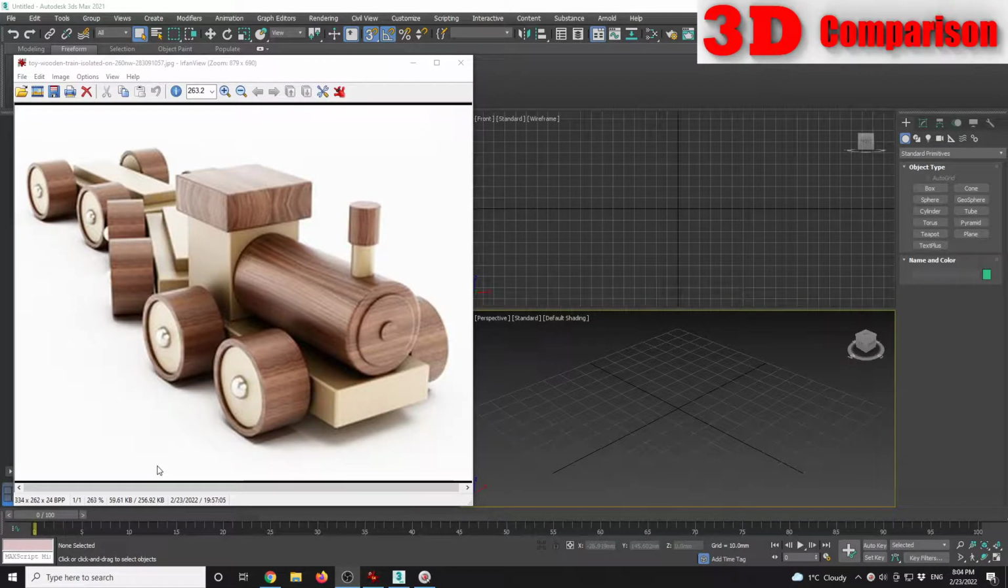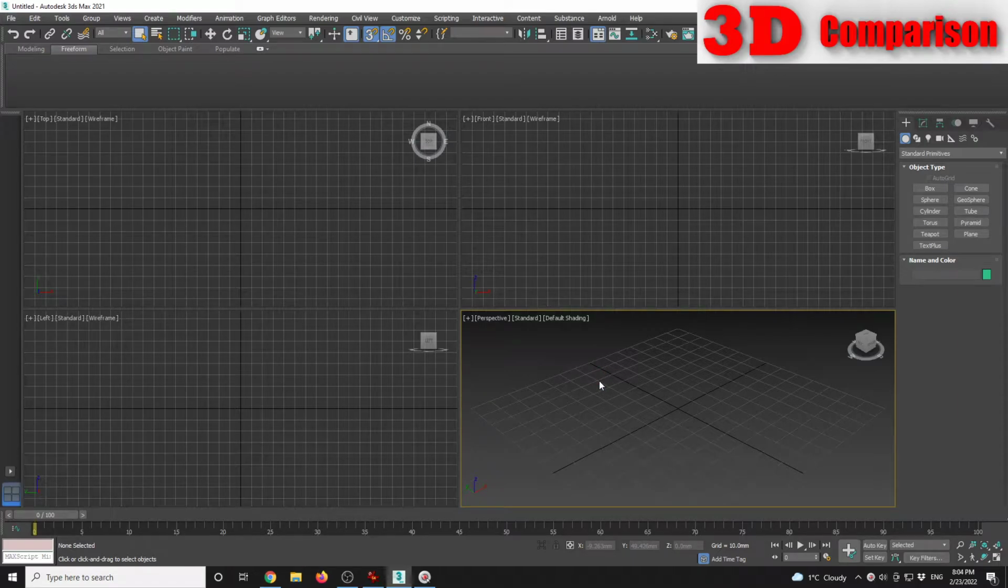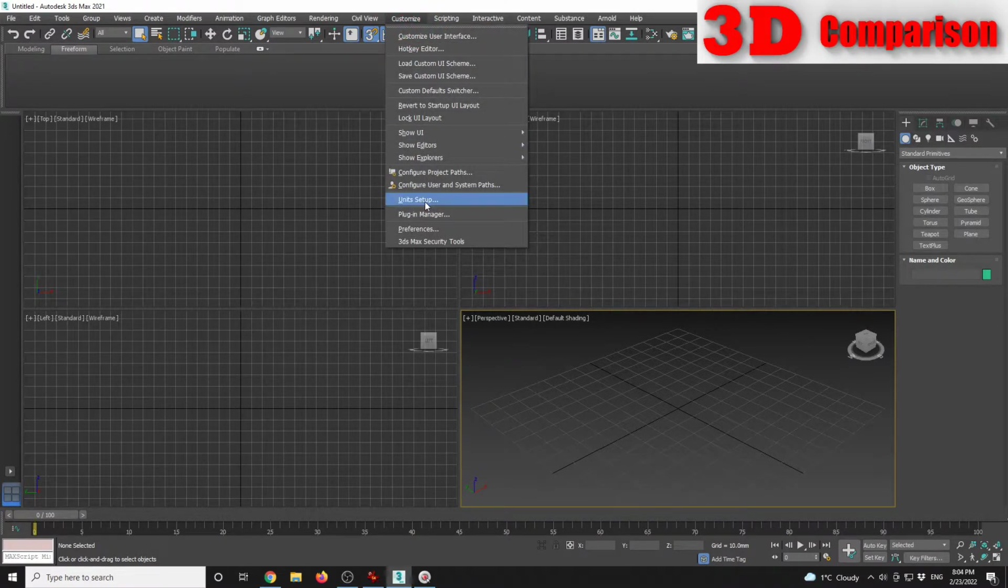Okay, so in this video we are going to get started with 3ds Max. We are going to design this wooden train. The first change that I will make will be regarding the unit setup. So I'll go up to customize, unit setup,